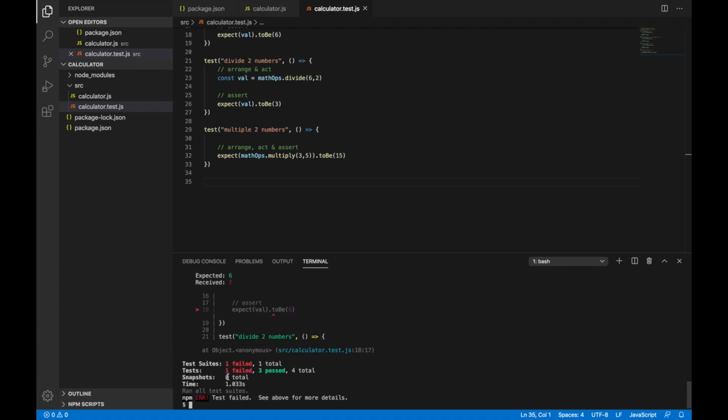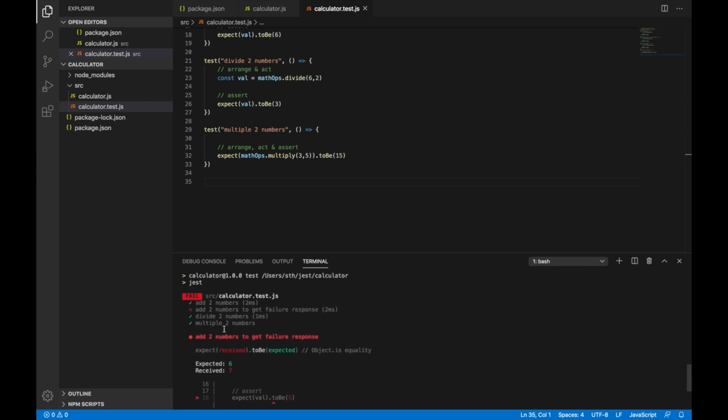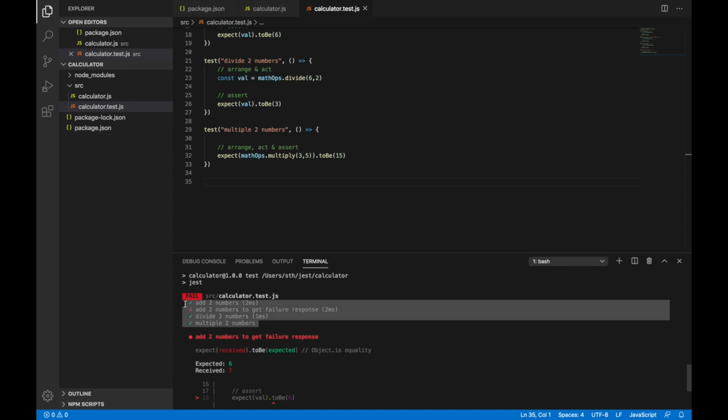So we can see that it has a total of 4 tests. 1 failed, 3 passed. The failed one is this, and you can see that it is listing the test names like this.